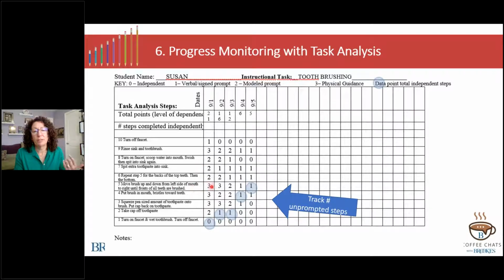So if we look at here where the full physical prompting was, you can see how that was paid attention to and how that decreased over time. So at first it was full physical prompting, a little less, and then it was just verbal or reminders. So I find this form is just the total package that you need for your teaching, in a strange way,